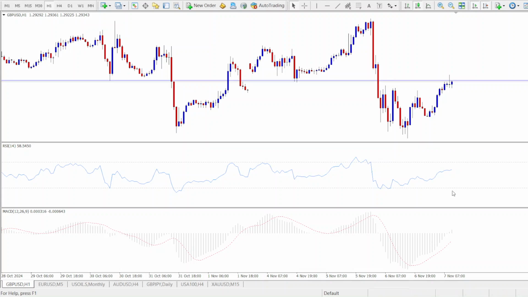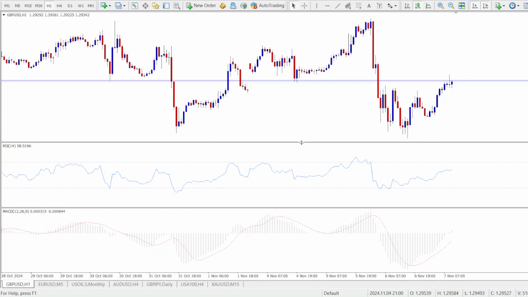So one of the main reasons traders rely on the divergence strategy is because it can signal early trend changes. By spotting divergence, you can find strong entry points before the rest of the market catches on. In other words, divergence can give you a bit of an edge, helping you time your entries and exits more